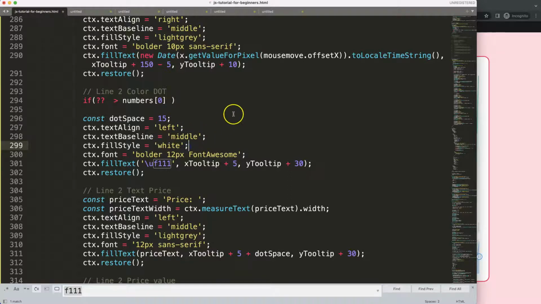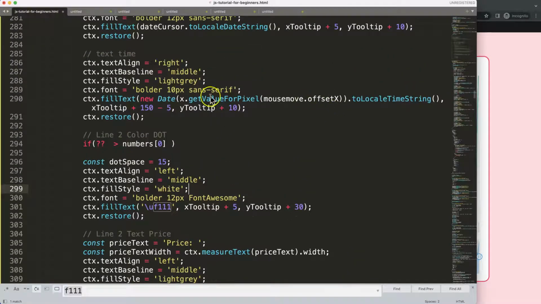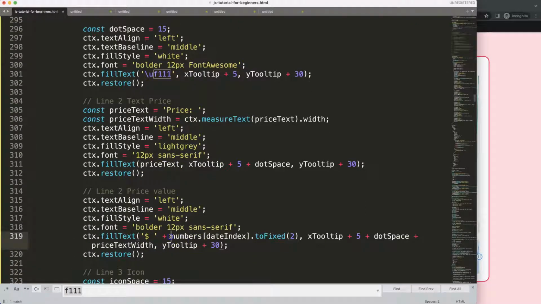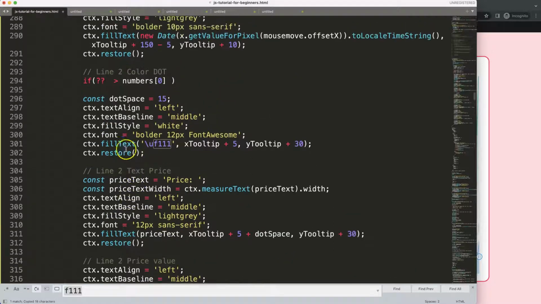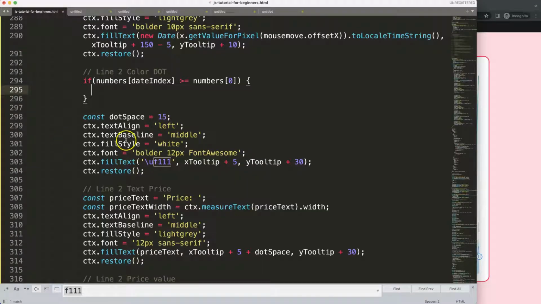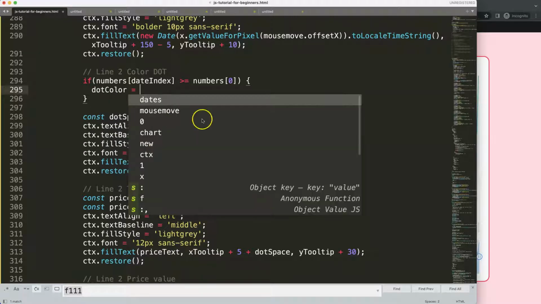Well, let's look for it. We can get here the official value here. Let's double check. Where is that? We have the price text. No, that's this one here. The date index. Okay, just going to grab this because basically that's the one we need. We say here, if whatever our current hovering location is would be bigger or equal to the number of our starting point, which is, in this case, it would be 0.53. In that case, I will say here, let's say here, dot color equal, and I'm going to just say here,